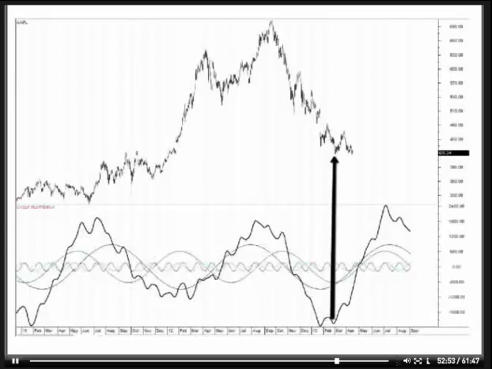Next question: can one learn to create and implement cycle analysis without being a mathematical genius? I'm under the impression that this involves advanced mathematical programming or analysis. Can a non-math-whiz CMT learn to build a cycle composite? Yes, you can. I'm not a math wizard in any sense. There's a few ways that I started in the beginning. One was using the free CATS software component, which is just a frequency analysis software. There's pretty much no programming involved. You just tell it to analyze the data, and it spits out the spectral analysis, or the actual frequencies in the market.